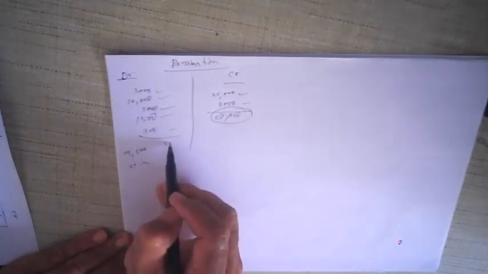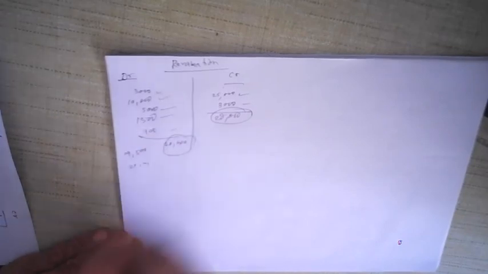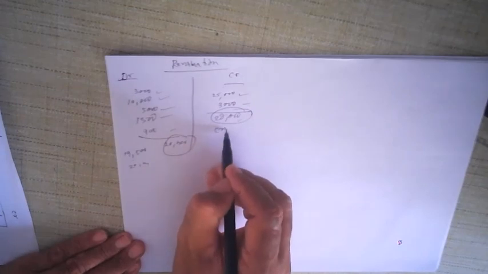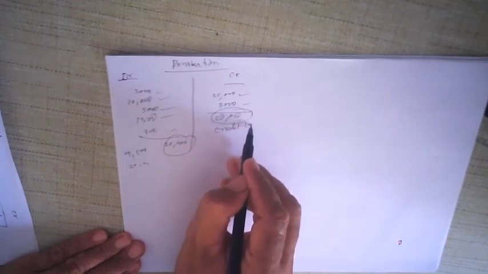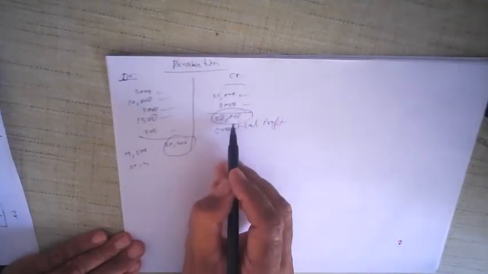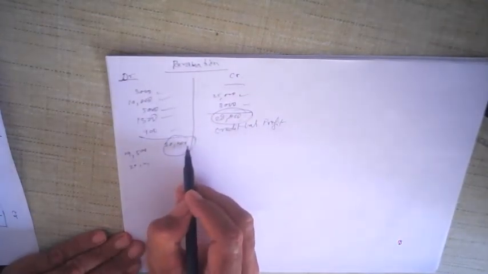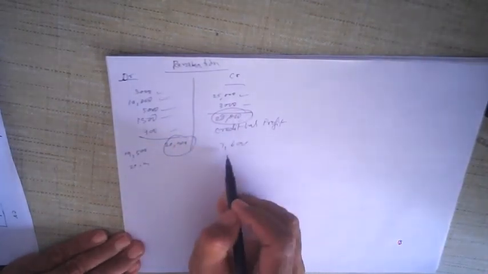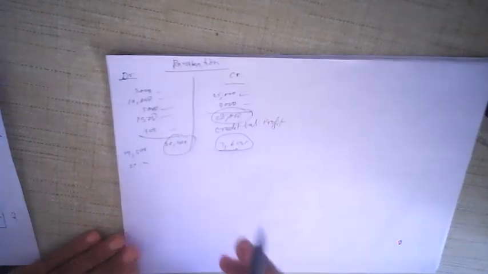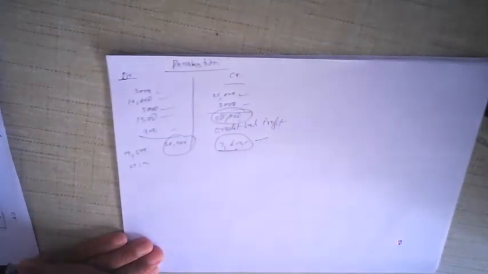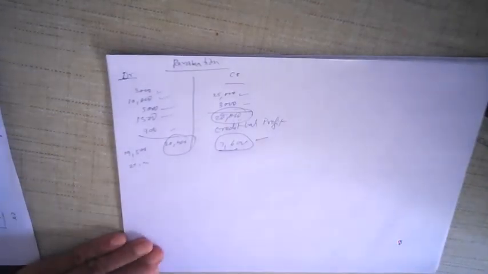20,400 is the total on the debit side. Which side is more? Credit. So that means there is a credit balance. Credit balance means profit. But how much profit is there? 28,000 minus 20,400, that is 7,600. This is the profit. Without making the revaluation account, I have got the profit, 7,600, and that will be your last entry in the journal.